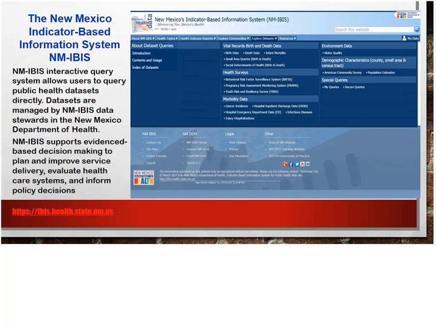It's an interactive query system, and you have access to public health data sets, in particular vital records data sets, looking at sub-county data, as well as demographic characteristics at sub-county level, and a lot of other data and profiles of different parts of the state, as well as health topic